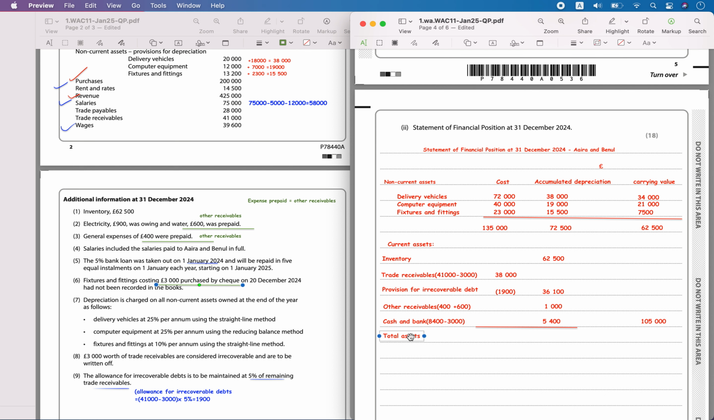Now let's add up. This is the total current assets. So now what is the total assets? This one was the total non-current assets, and this one was the total of current assets. Now we have to find what is the total asset value, which is equal to